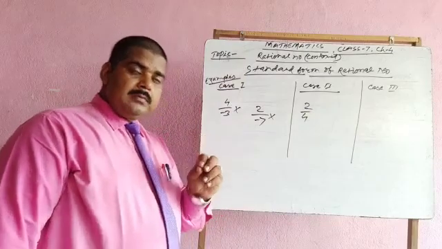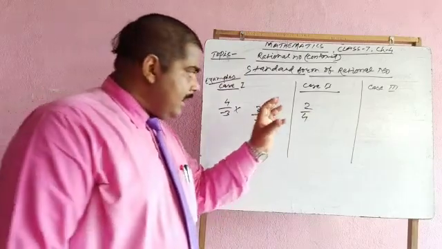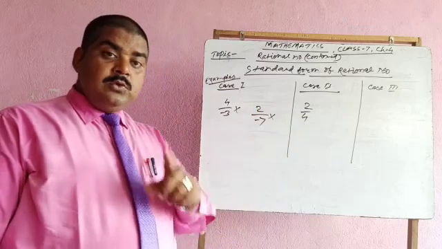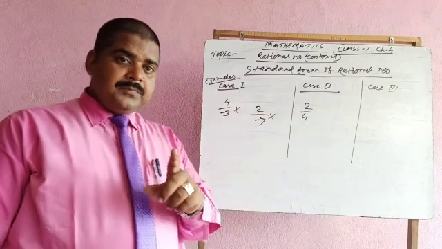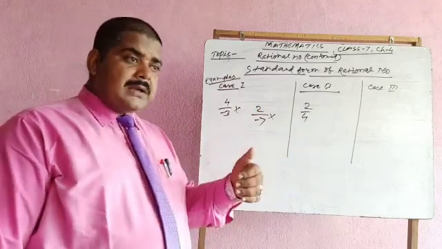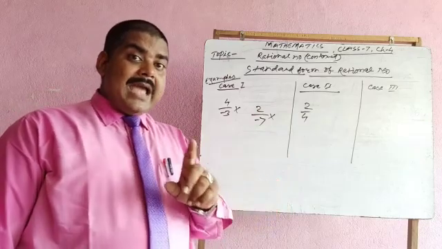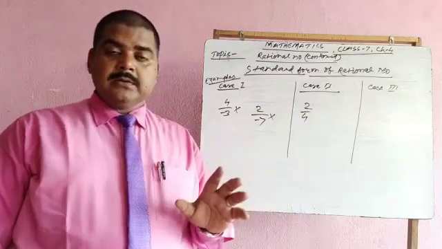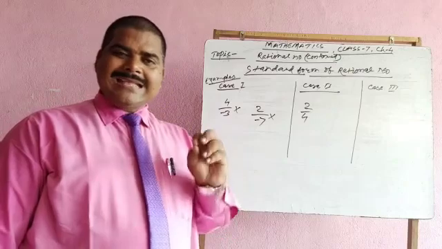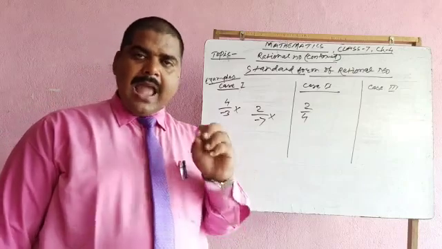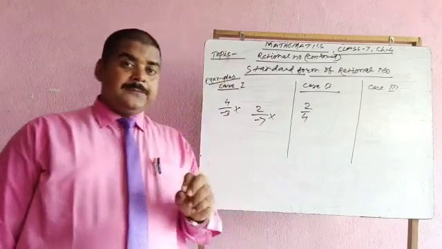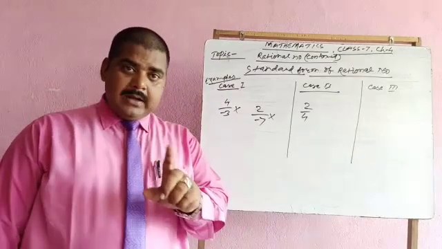So regarding the lowest form, it has no common factor other than 1, meaning its HCF should be 1. You find the HCF of numerator and denominator, and if the HCF is 1,